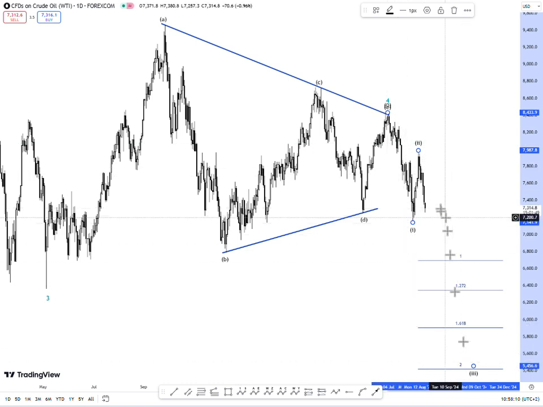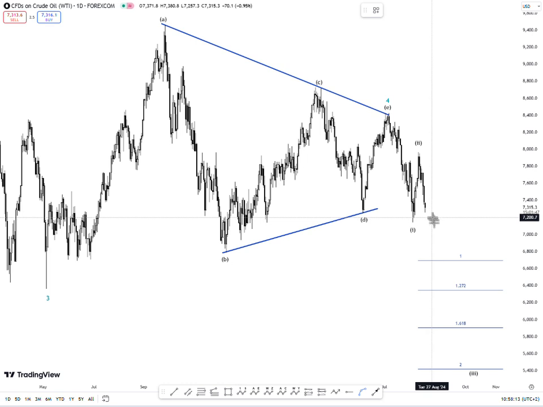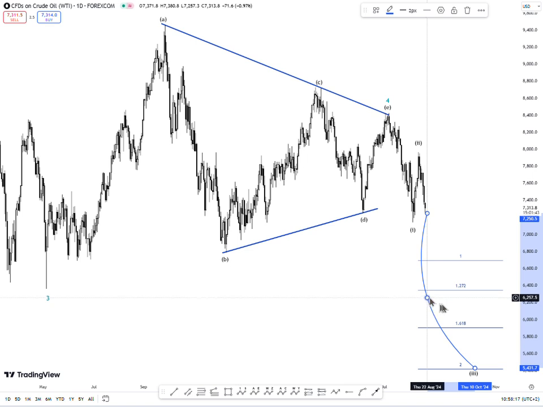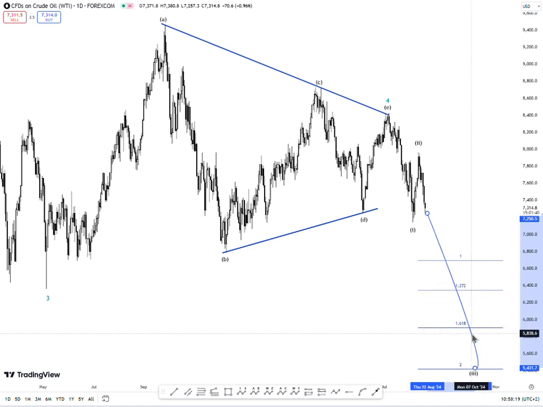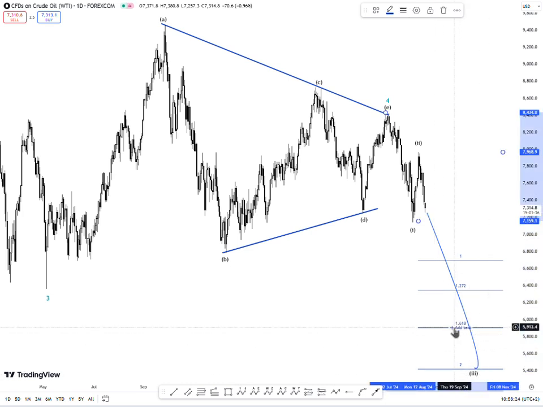So we expect price also 200%. It may even go further to the fib extension, but our focus is going